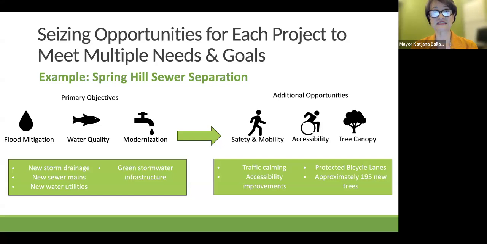But a project of this scale can give us an opportunity to reimagine the streetscape above ground according to our goals and aspirations too. So we plan to build in additional features like ADA accessibility, adding new greenery to the project, and making sure that the streets are more accessible and sustainable.